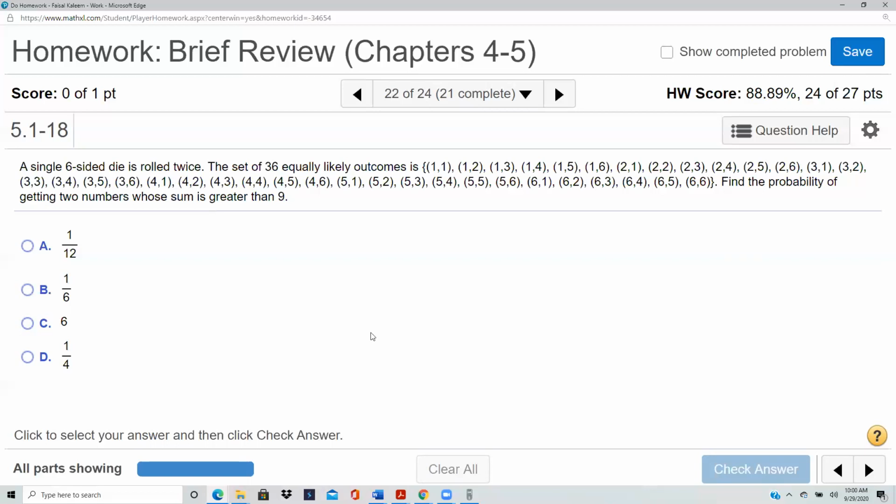Wouldn't it start with the 2 5s? How about this 4 and the 6? Yep, that's 10. So this one, and then the 2 5s, and then